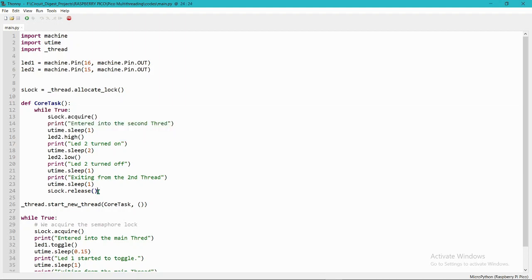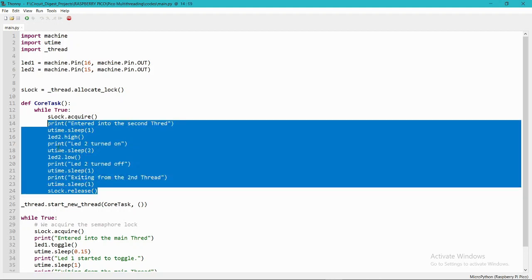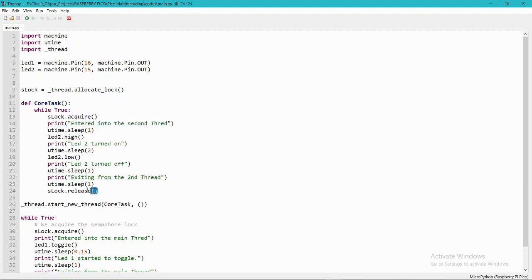In the while loop I have acquired the semaphore lock, then provided a delay, then LED 2 will be turned high, then again after some delay LED 2 will turn low, and after some delay I am releasing the semaphore lock. So this program will run continuously.